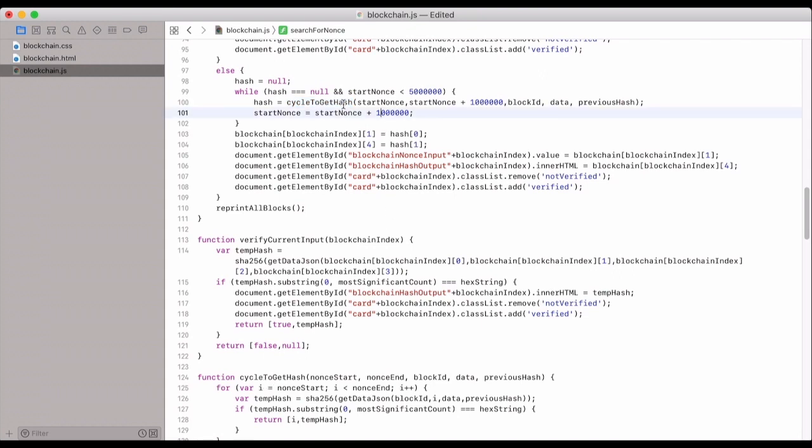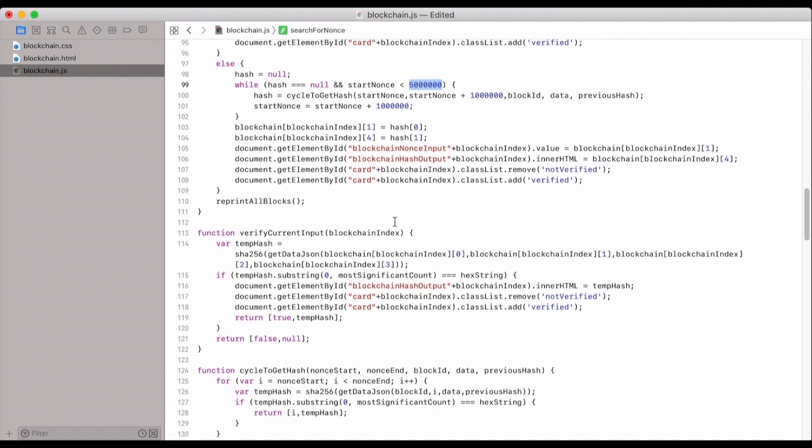And if it returns, then we're going to keep going until it is obviously more than 5 million, and we're going to add 1 million every time. So we're only doing a million chunks to begin with. So you can always increase this, but then it's just going to be longer that it's going to go and